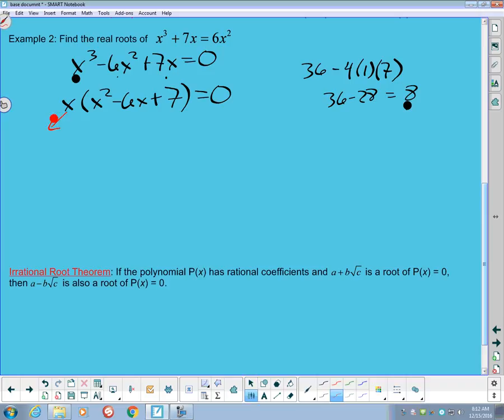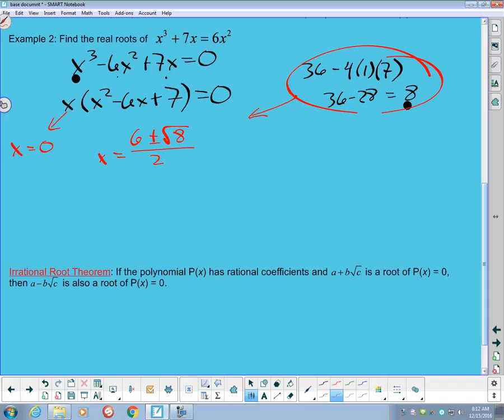So in hunting for our other roots, we first of all recognize that one way to make this 0 is for x to equal 0. So that is one of the roots that we're looking for. We'll find the other ones by doing the quadratic formula. So we get x equals the opposite of negative 6, which is a positive 6, plus or minus the square root of 8. We already figured out what was going to go under that square root over here, all over